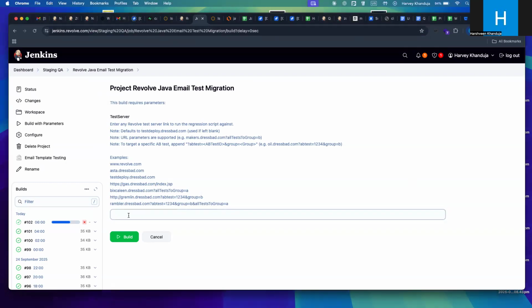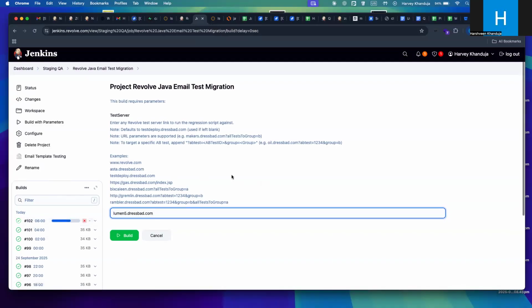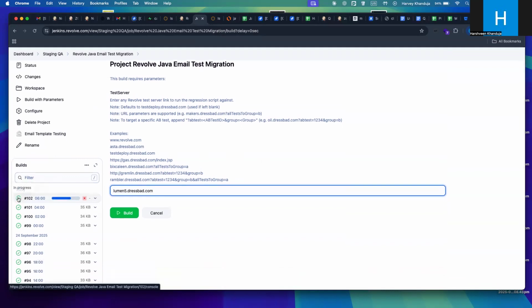I'll put the test server name here. It was lumen 5 dot testpad dot com. Once I click on build, it'll queue up the test because there's already one test running. You'll see something like, for example, number 103. And if you click on this,